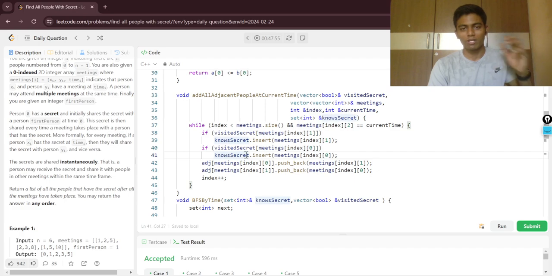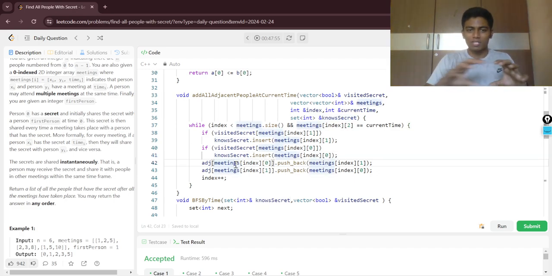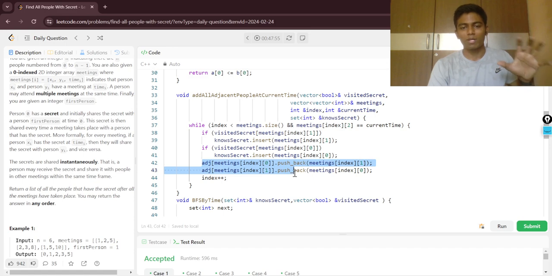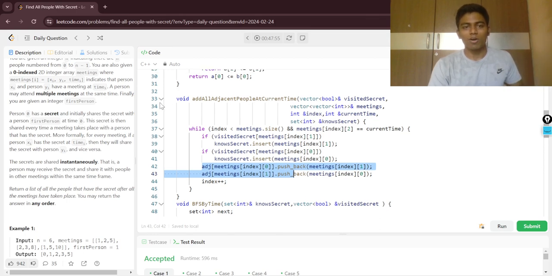So we are going to store in that, and then we are going to add into the adjacency list so that they are connected with the meetings at this particular time. So that if the person P1 knows the secret, he can share it with P2. If P2 knows the secret, then P2 can share it with P1. That's why we are storing the people who are connected with the meetings in this particular adjacency list. So after adding all the people who know the secret into the adjacency list,